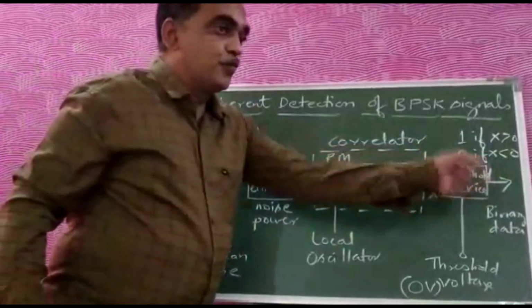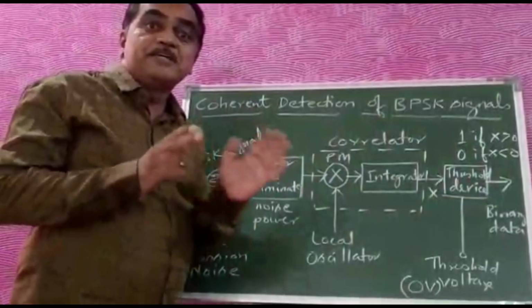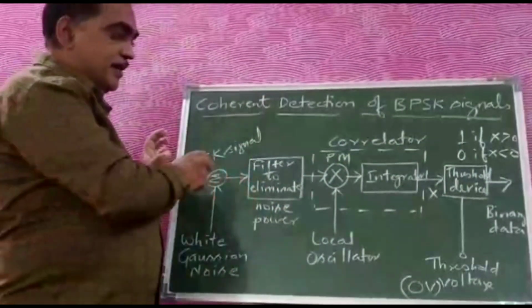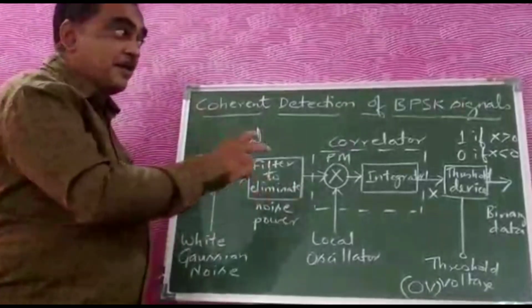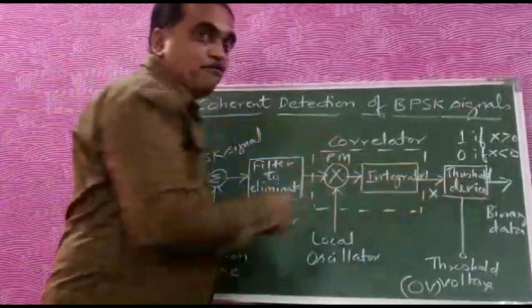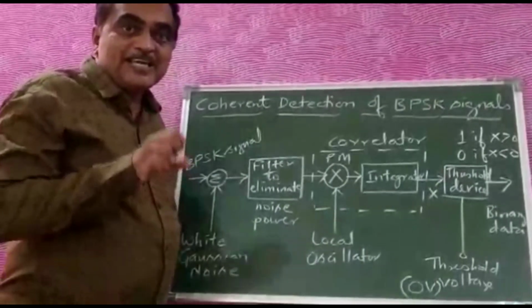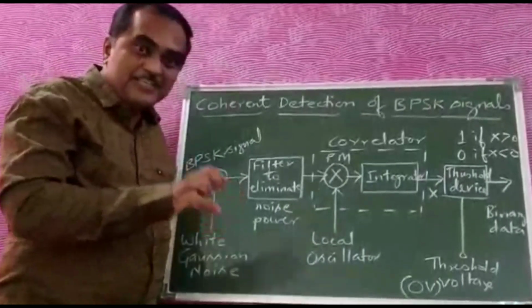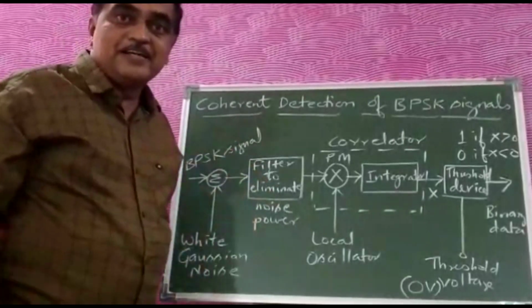That means this output will be binary data that is detected from the BPSK signal. That means the BPSK signal is demodulated and converted into binary data of 1 and 0. Whatever message was there in that carrier has been extracted, and this is how your BPSK demodulator will